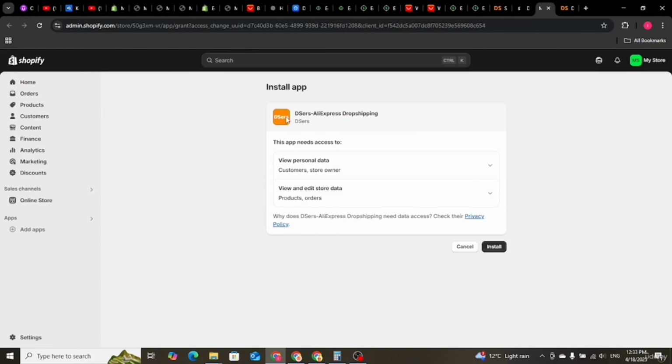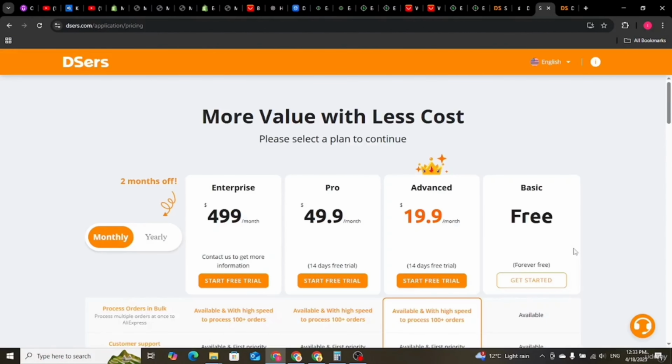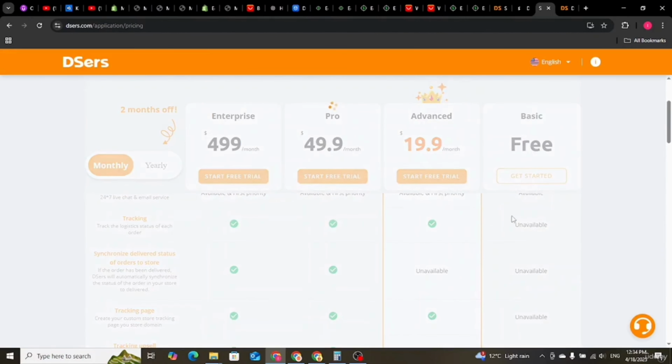After clicking on install, it's gonna take us right to this page that you're seeing on my screen, where we can actually install this app to our Shopify dropshipping store. So I'm gonna click on install. After clicking on install, you just click on here which says confirm. It says are you sure you want to use the currently logged in account to authorize to Shopify. Click on confirm right there, and after clicking on confirm, it's going to take you here. So I'm going to click on where it says get started for free,